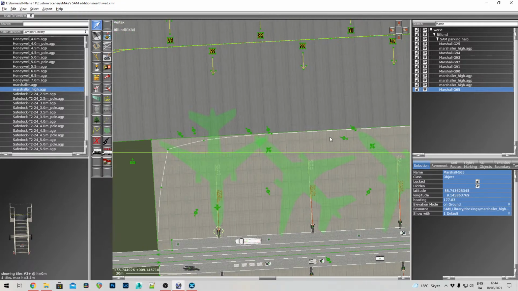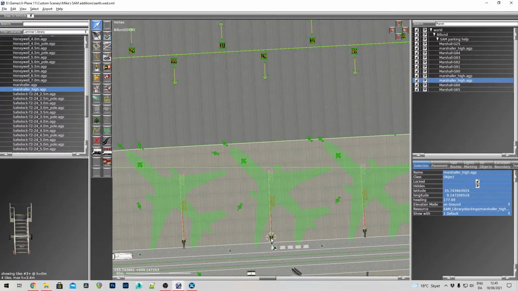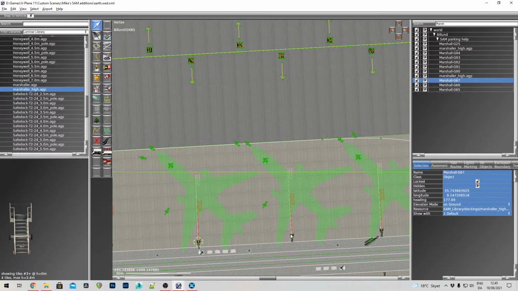Yes. This is going to be Marshal G66. You're going to be Marshal G67. You, my friend, are going to be 68. Marshal